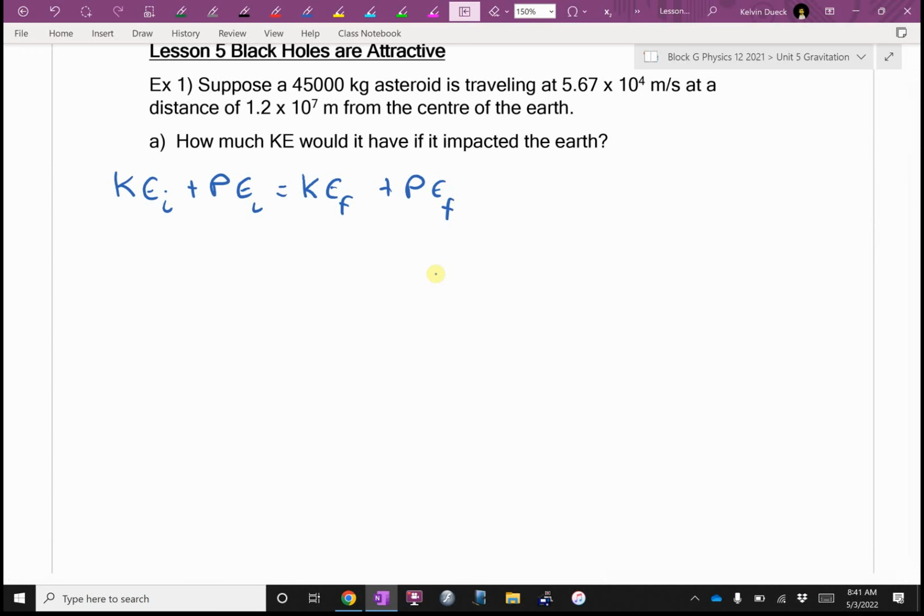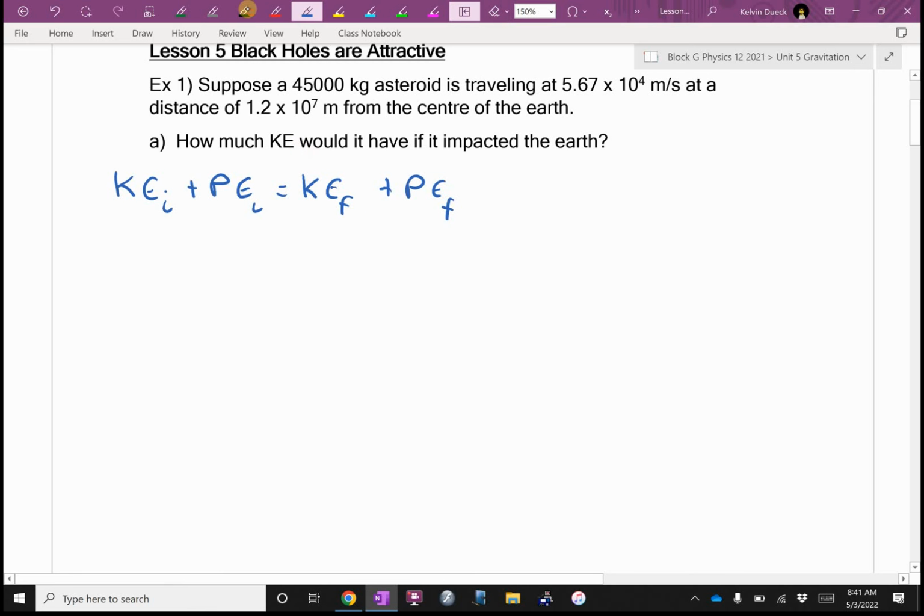Are any of these zero? Kinetic energy is zero if we're starting at rest. Are we starting at rest? Potential energy is zero, not on the Earth's surface, because we're cosmic. It would be zero if we started all the way out at infinity. Did we start all the way out? Nothing's zero? Okay, well, before I start writing out all the formulae, I think they want me to find KE